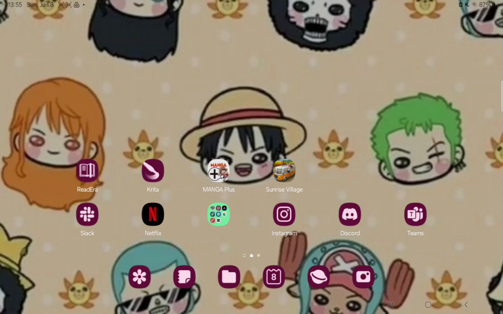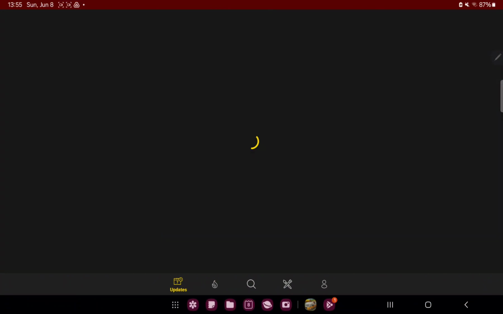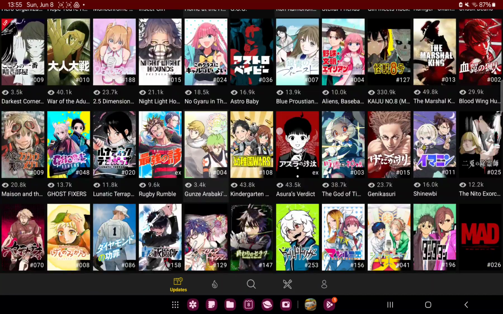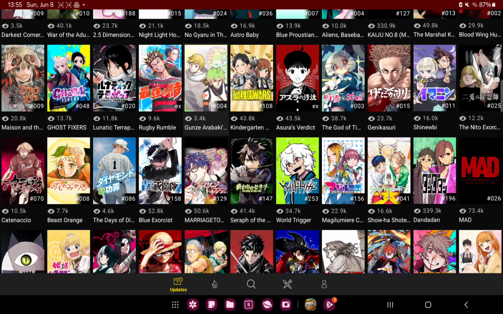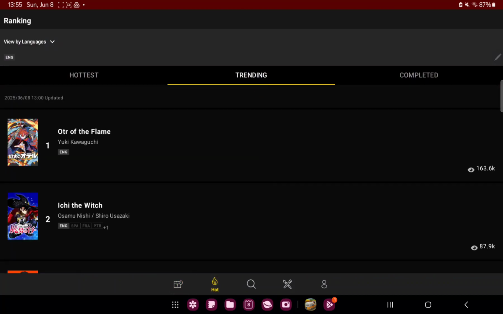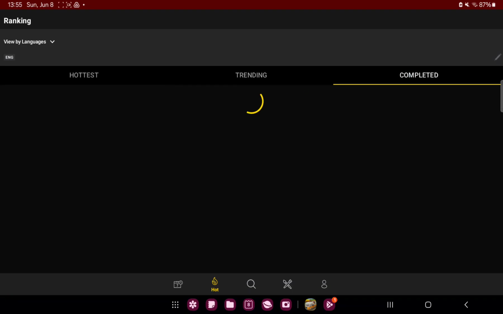First of all, open the application on your device. That's the home screen, and you go to the lower bar at the screen, click to the second icon, the fire next to the updates, and you can find 3 ranking lists: the hottest, the trending, and the completed. Now if you want to check the completed ranking list of the mangas, click to the third option, the completed,